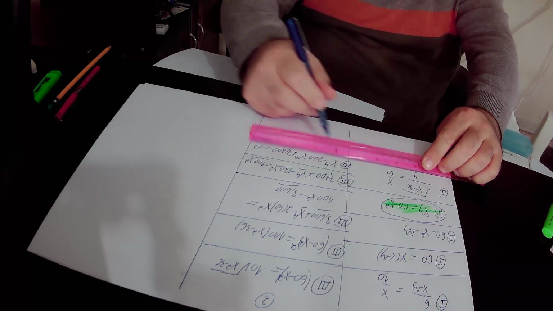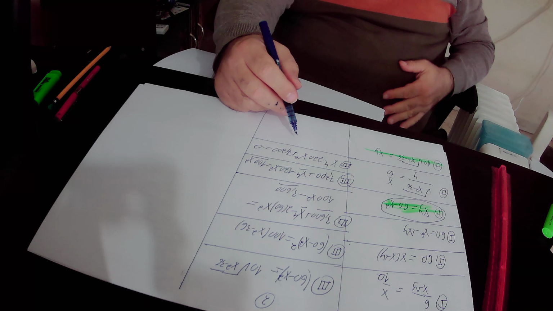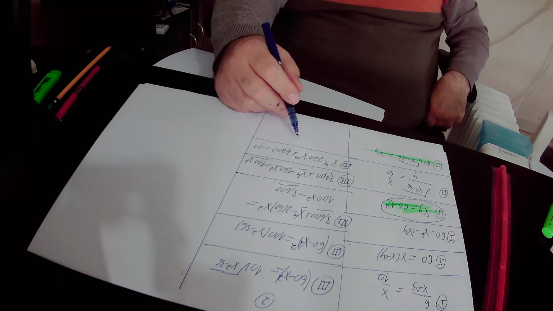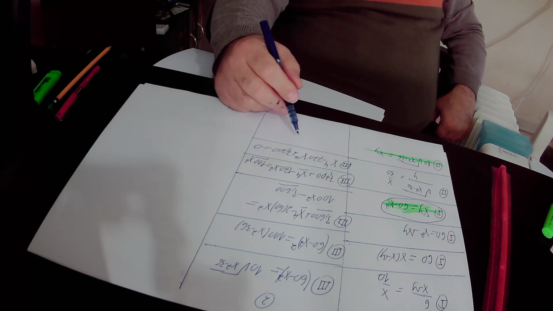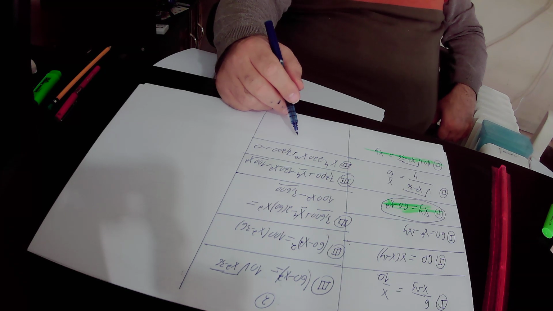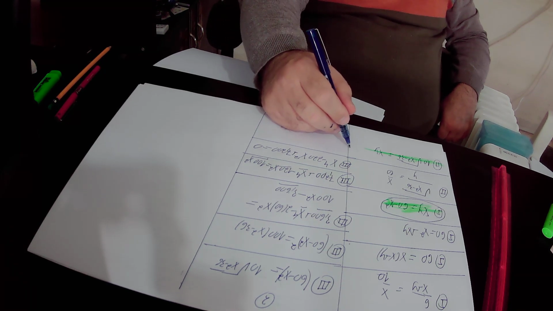So here we will substitute minus 220 x squared by minus 180 x squared minus 40 x squared. And we get that according to equation number 3,